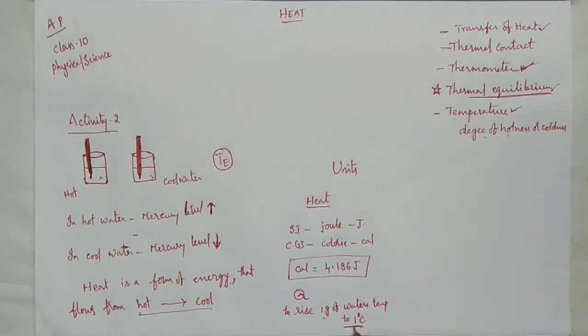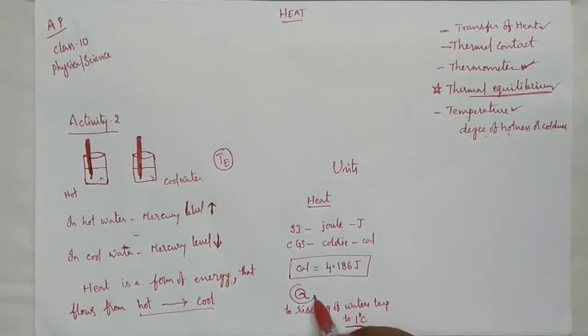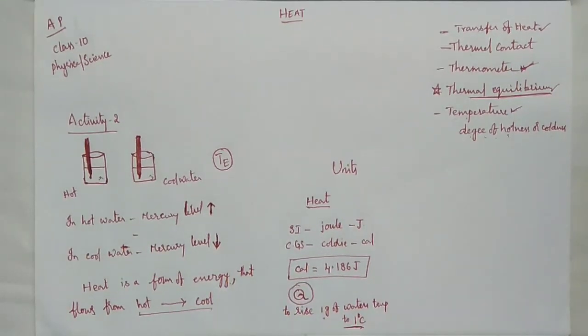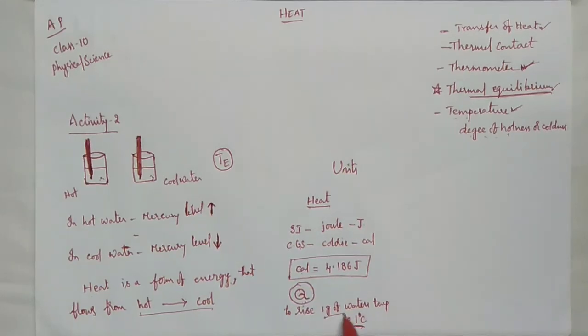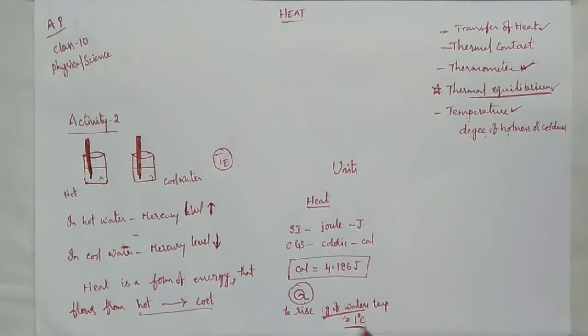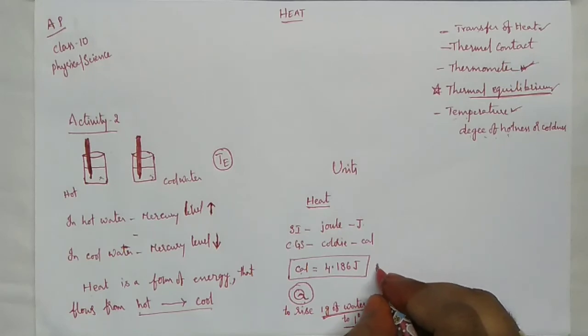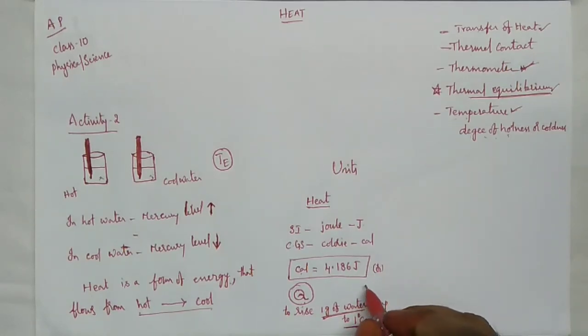So if you take 1 gram of water and I want that water's temperature to rise by 1 degree, how can the temperature of an object be raised? By giving heat. By giving heat, a body's temperature keeps rising. Now to define calorie, for 1 gram of water, how much heat is required to raise the temperature by 1 degree, that is called 1 calorie. 1 calorie is nothing but 4.186 joule, or while solving numericals we will be using a round figure, 4.2 joules. Both can be used.